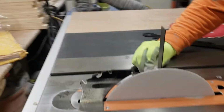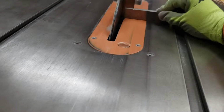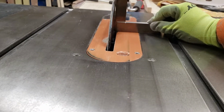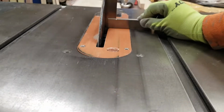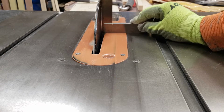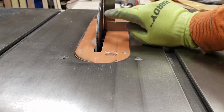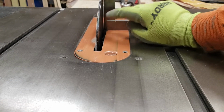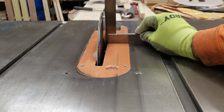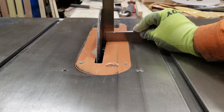So what you want to do, and I'm doing this with one hand and showing you here, so see if we can kind of see that. So for example, you can kind of see, you want no daylight. You don't want any gap right there between the engineer square right up here and the plate. So if I push it, see, look at that, it's perfect. You don't see any light. So that means that